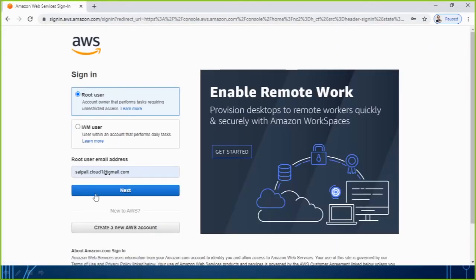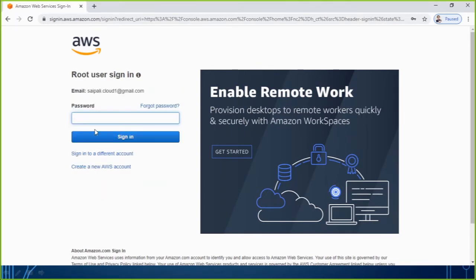This is my free tier account, so I will be able to perform all the practicals from here also. I just enter my user credentials and my password. So after typing the password, I'm just going to click on the sign in button here.